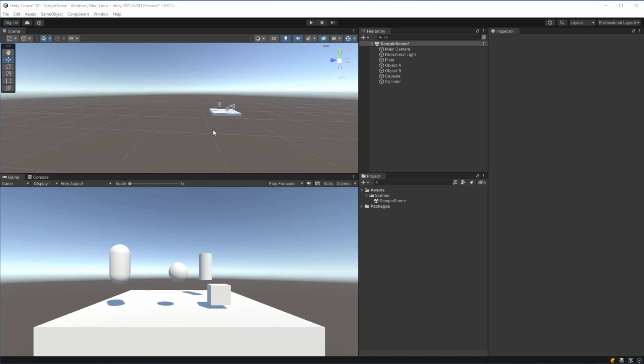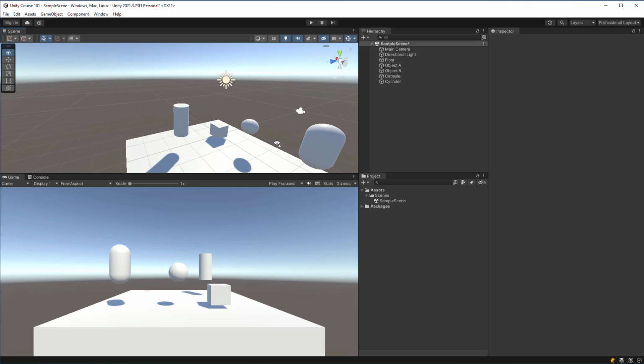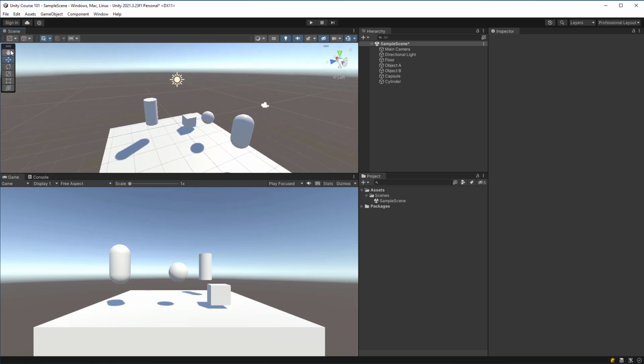Now that we can maneuver around our scene, I want to talk about manipulating game objects. There are a handful of tools in the scene view here that we have available to us, and as you begin to build video games and as you start learning more about Unity, certain questions will lead you to discovering these different tools. For example, if I wanted to turn my 3D environment into a 2D environment, how do I